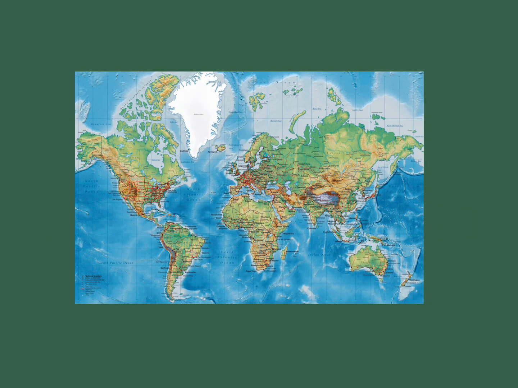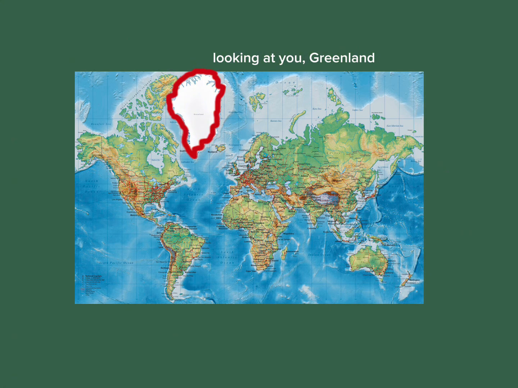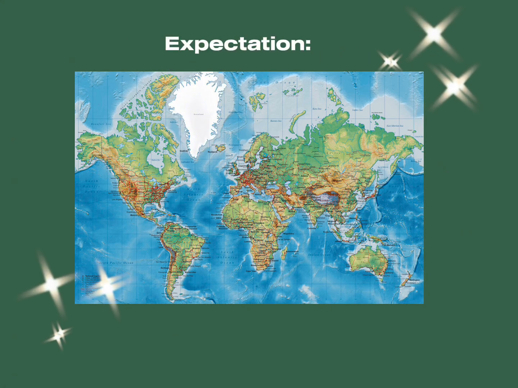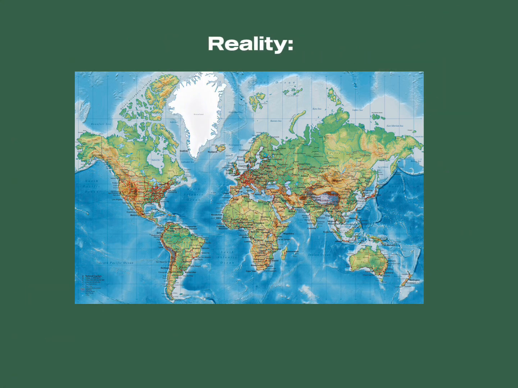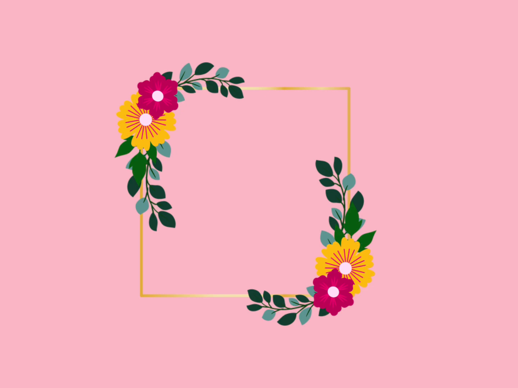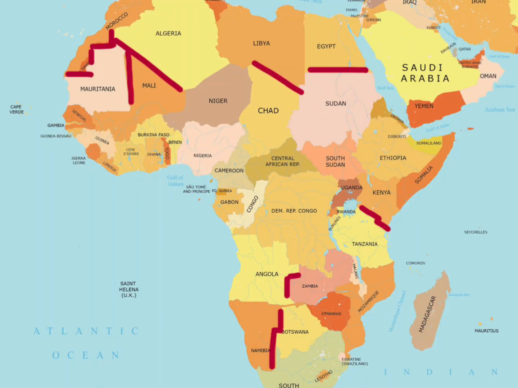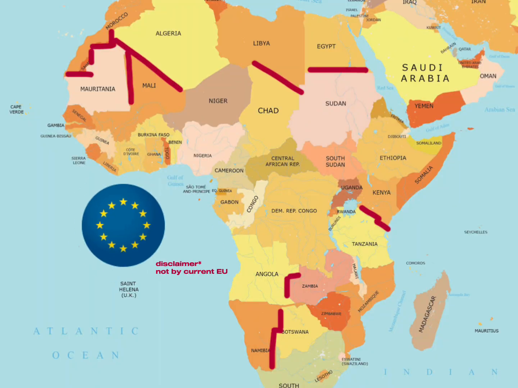Maps don't show everything. Maps show what the mapmaker thinks is important, meaning each map involves decisions. Borders are political decisions. Borders on maps look natural and permanent. In reality, many of them are a result of war, colonization, and political negotiation. When borders are placed on a map, political decisions are transformed into something that appears fixed and unquestionable. For example, the straight-line borders in Africa, drawn by European powers.